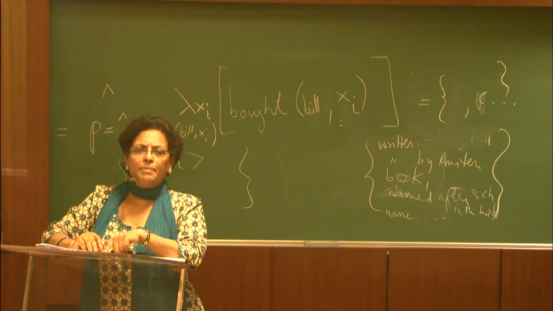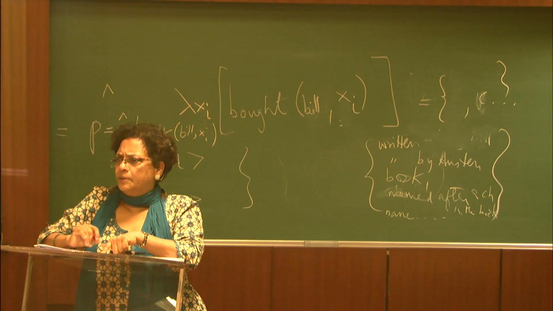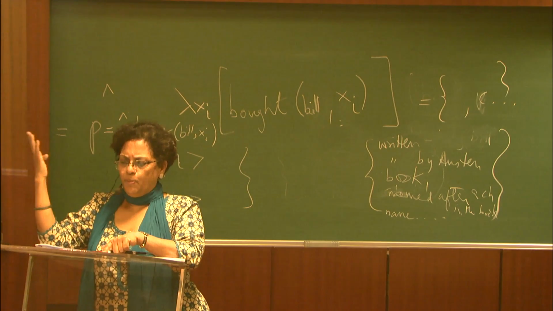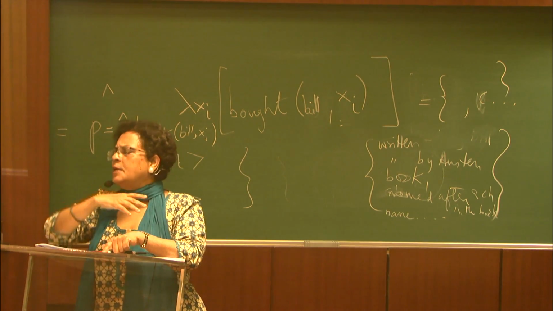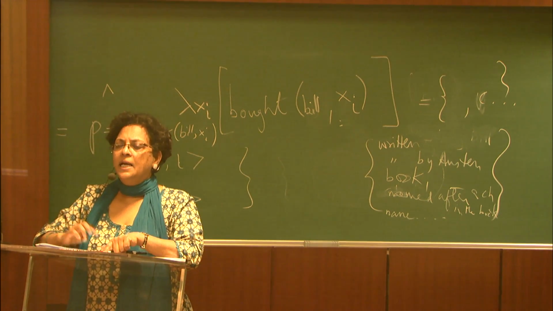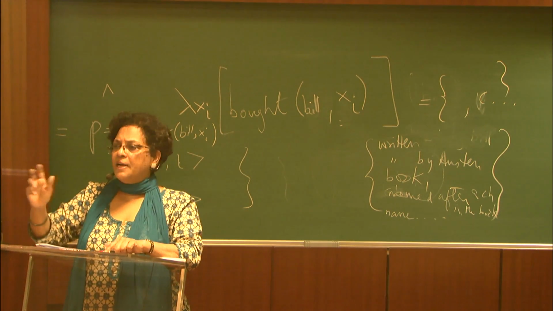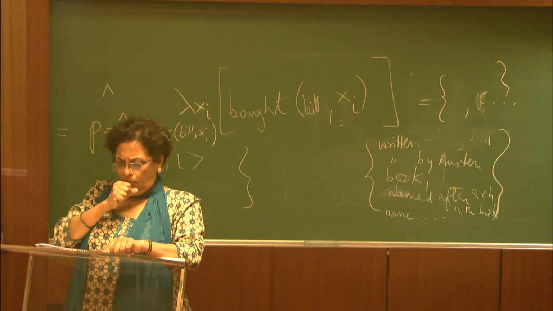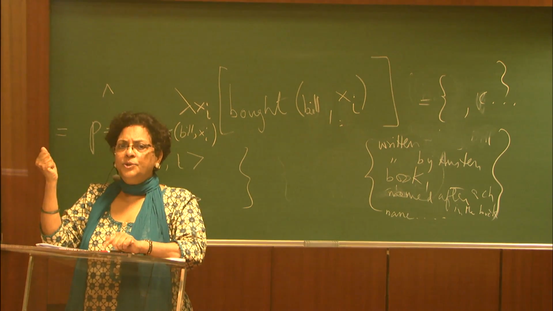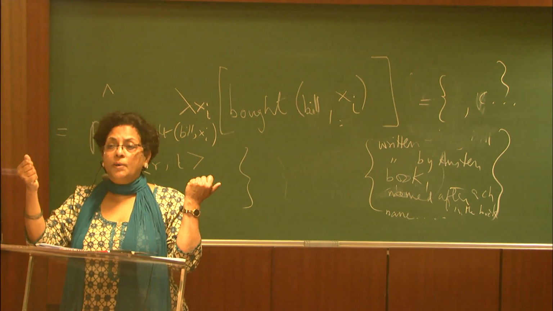Basically, this says lambda P. So look at all the propositions in the world. It is raining. Bill is smart. Bill bought Emma. Bill bought a bicycle. Any proposition you can think of. I am going through all these propositions and see if it makes the formula in my scope true. What is the formula? It says find me an X that is a book. So that's the first control. You need to find a book. And then you have to see whether this proposition that you have is the same as Bill bought that book.